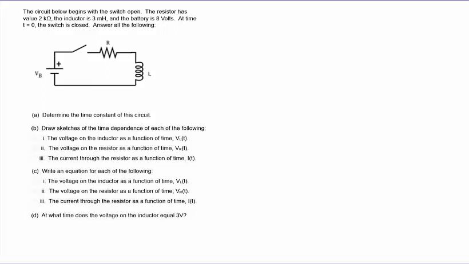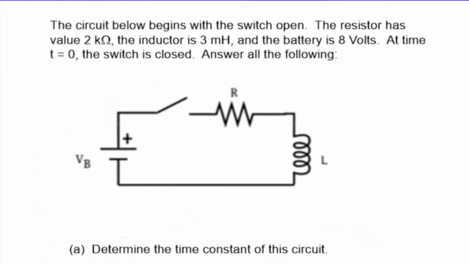The circuit below begins with the switch open. The resistor has a value of 2 kiloohms, the inductor is 3 millihenries, and the battery is 8 volts. At time t equals 0, the switch is closed. Answer all the following. We'll solve our transient response problem by identifying the time constant and then reasoning the shapes